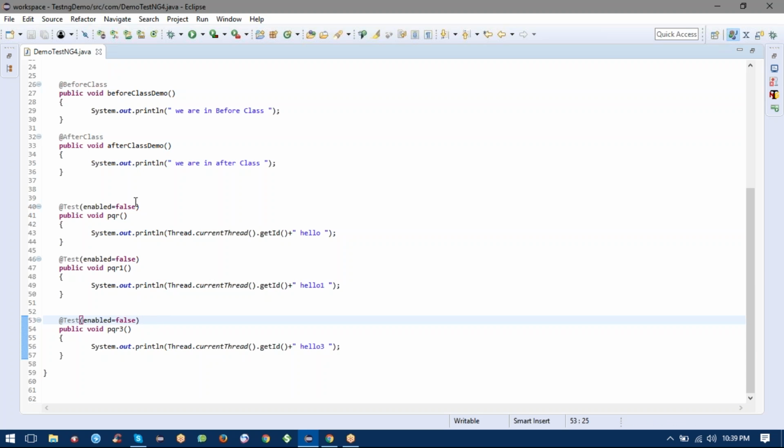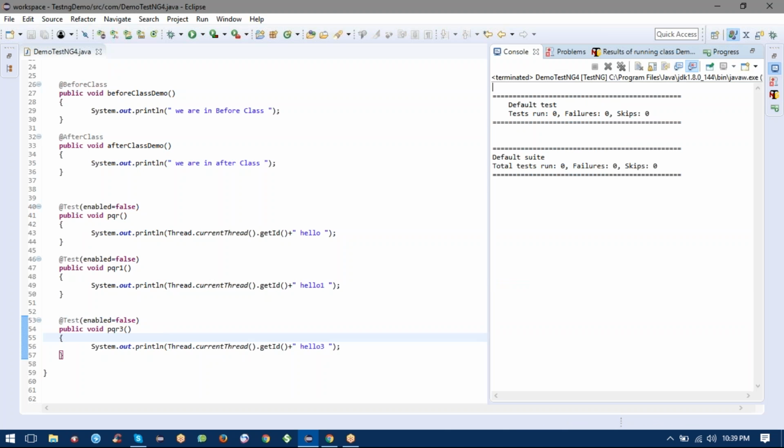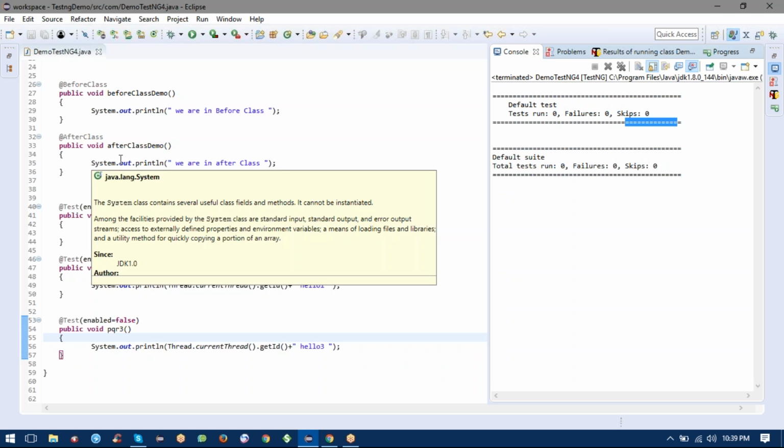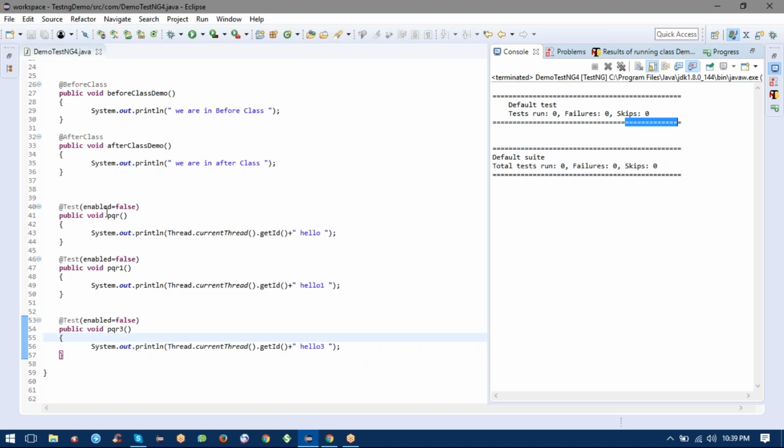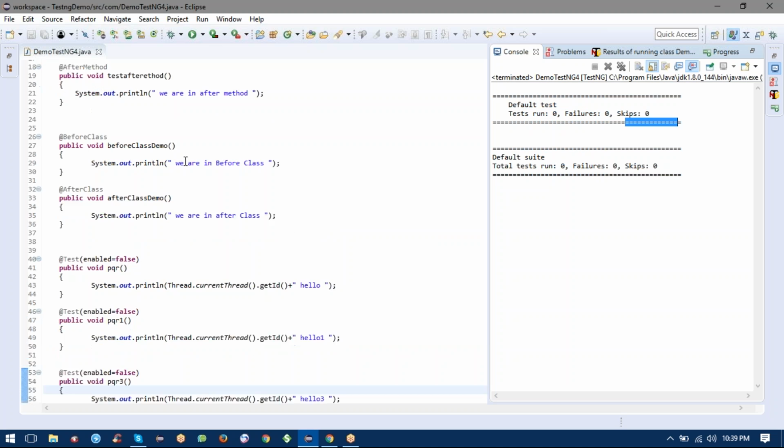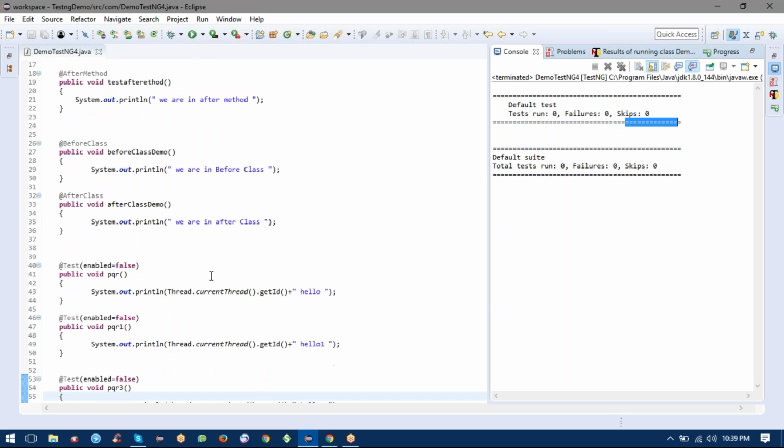Let me do one thing. I have marked all the test cases as false. So what will happen? Let me run this. You can also have some idea: tests run is equal to 0, failures is equal to 0, skips is equal to 0. And you will see the output, nothing is there. Even before class and after class have not executed, before method, after method, nothing has executed. It means